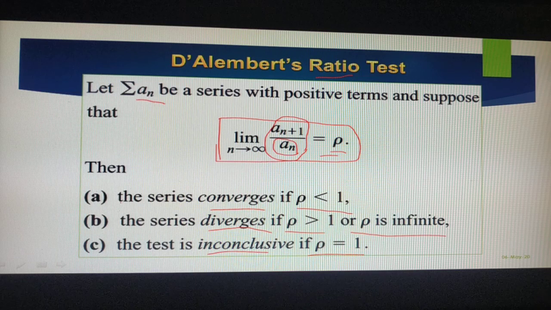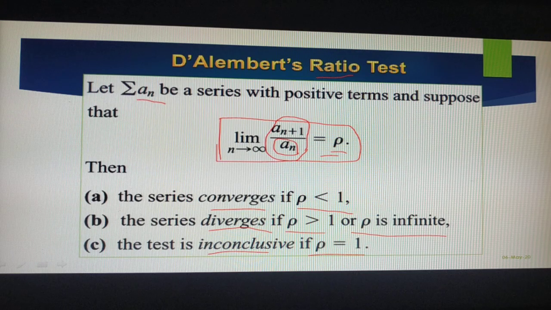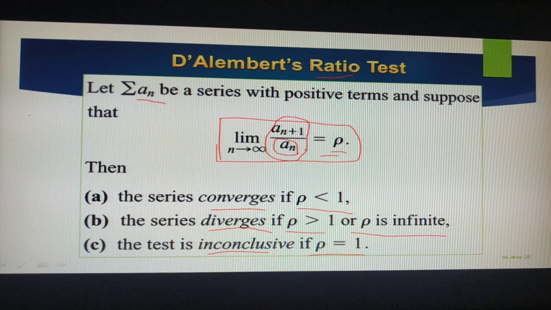Is it clear? We can't say that all series can be solved with the help of only one type of test. As I mentioned, it's not only the D'Alembert ratio test or Cauchy's nth root test. There are certain other tests also, like the comparison test, a very important test. But unfortunately we need to discuss only two tests as per our curriculum. This is the second test. So when a test fails, we have to approach some other test. You understood my point? Alright, so let's try to understand by taking some examples.